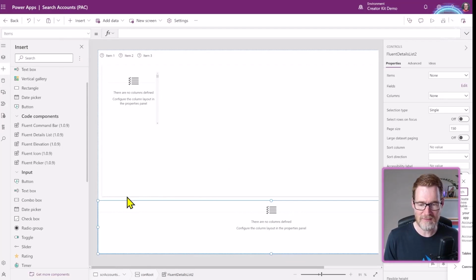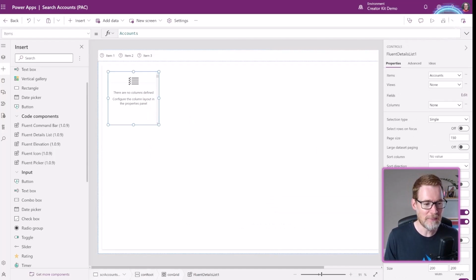That's exactly the thing we want to happen. However, we want this elevation to appear behind this component. We've already got the elevation component in there, and in order to get the details list on top of the elevation, we have to wrap them both inside a container so that we can put them on top of each other. So I'm going to remove that.